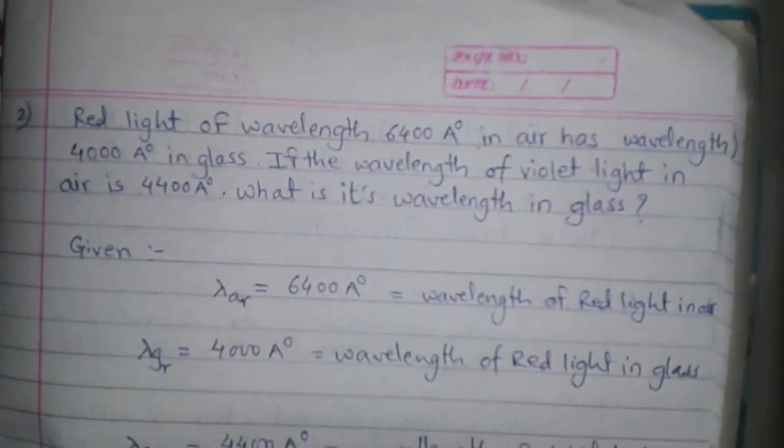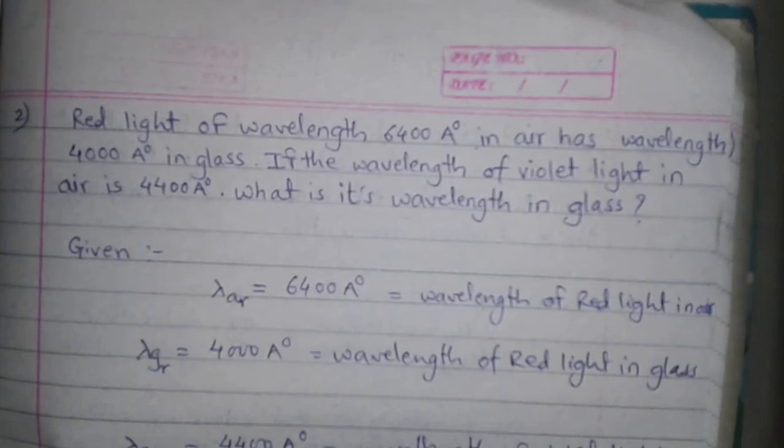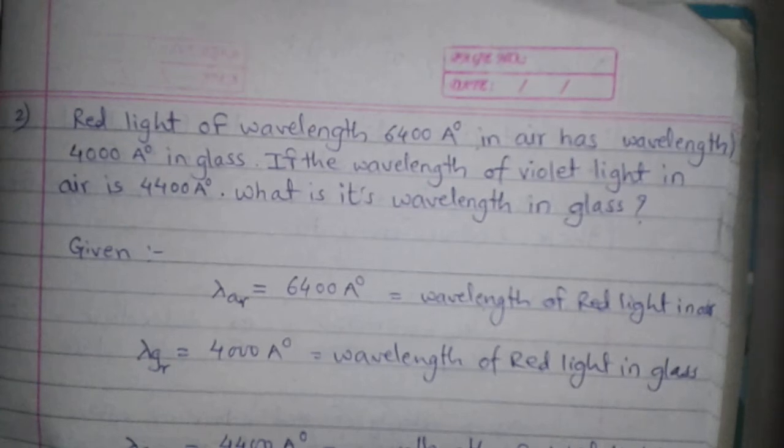Okay, now we will see the second problem under the chapter wave theory of light. In this problem, we need to find the wavelength of violet light in glass. So the problem is given as: the red light of wavelength 6400 angstrom in air has wavelength 4000 angstrom in glass. If the wavelength of violet light in air is 4400 angstrom, what is its wavelength in